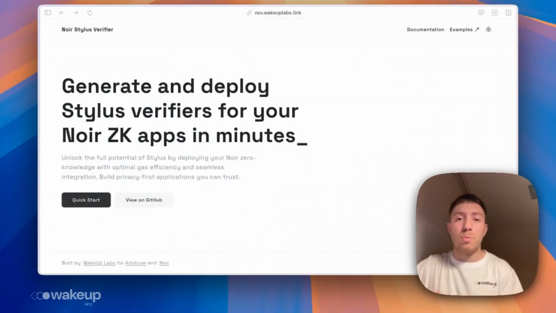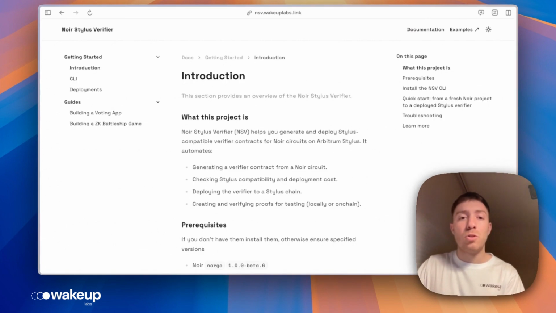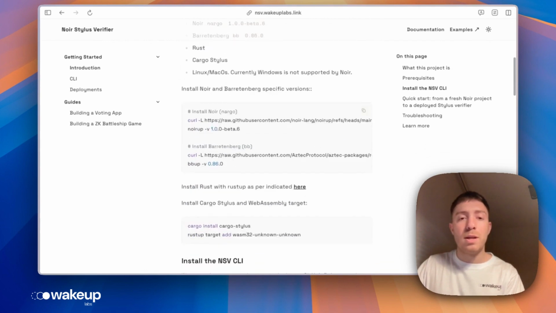Grabbing CK proofs made in Noir and verifying them on-chain using Stylus is now possible. The entire WakeUp team has been working hard to achieve this goal. That's why we created a site with thorough documentation so that developers familiar with the topic can use our tool